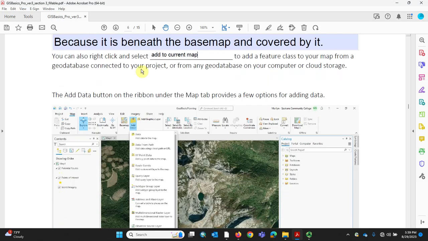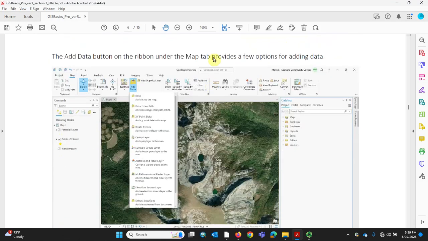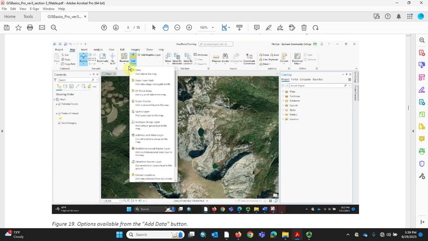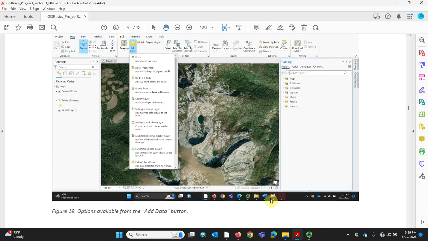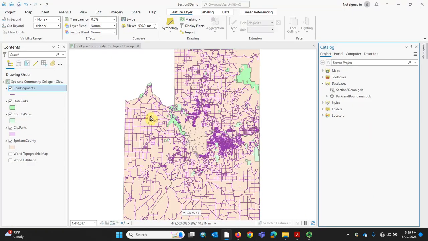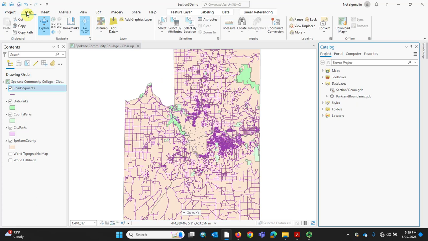Oh, okay. So then we showed that. Now we have another option here. Let's look at the Add Data button here. And we've got some options available there. I don't usually use these options. I usually drag and drop, but if you go to Map, the Map tab, and you go to Add Data,